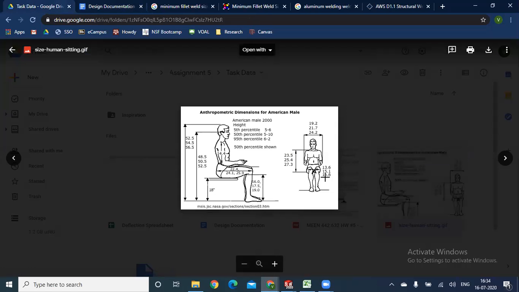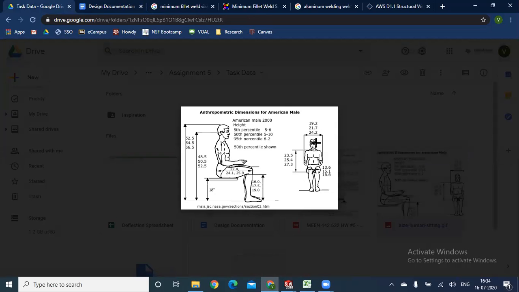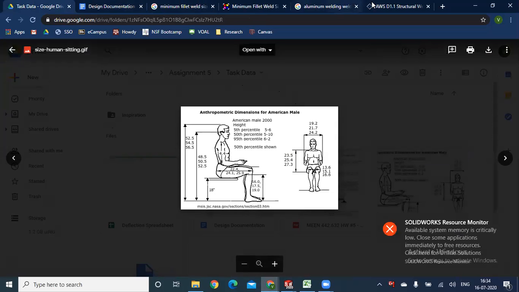this particular measurement. So here it says the shoulder to shoulder measurement is around 24.5 inches. So I went for 3, that's 75 inches, and then I decided that I wanted some extra space for people to be able to keep some luggage and have a little more room to stretch out. So I went for a 100-inch length.